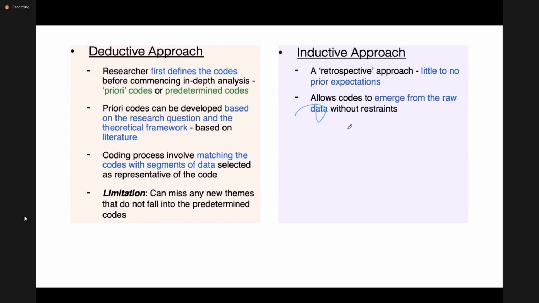We straight away looked at our data and started identifying the important segments and coding them with little to no prior expectation. So our codes were straight away coming from our data.